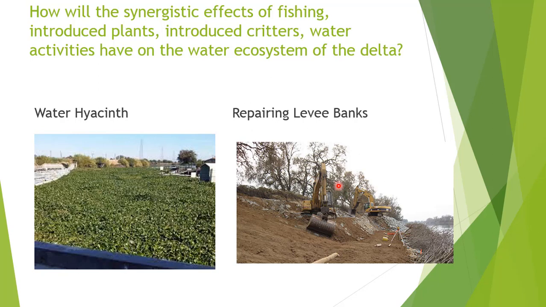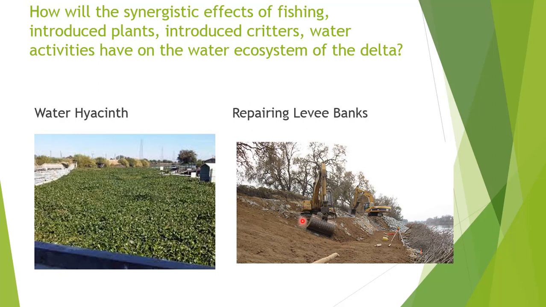And finally, repairing levees. This is actually going on now. I'm making this video in July, and if you are on the delta levees, you'll actually see that they're repairing them. They are putting rocks onto the levee sides, preparing for winter, right? These rocks will not allow the dirt to be pushed away, which would cause breaks in the levee, which would flood the farmlands on the other side. So how does repairing the levee affect the delta?